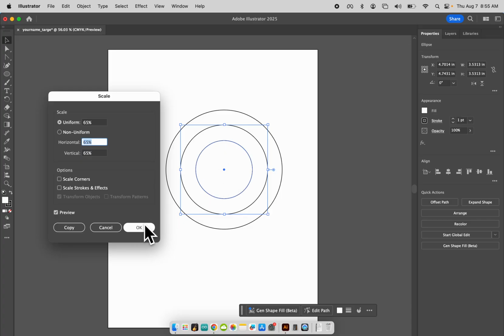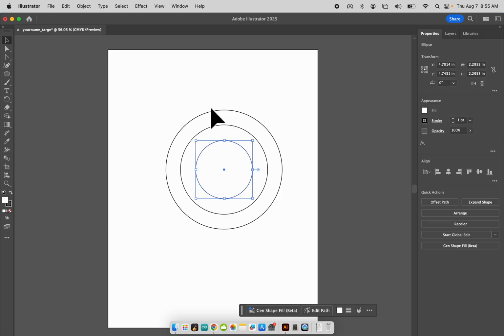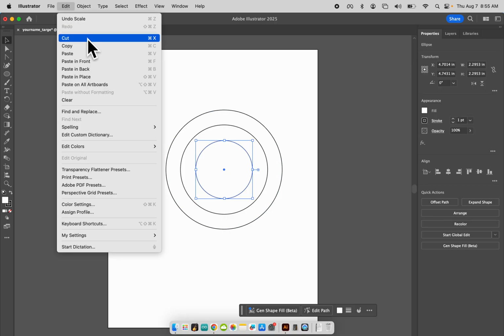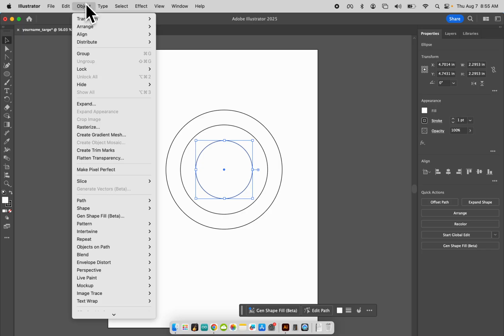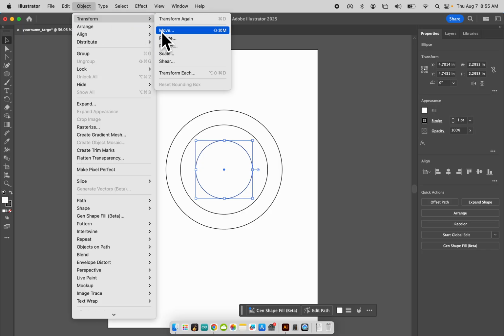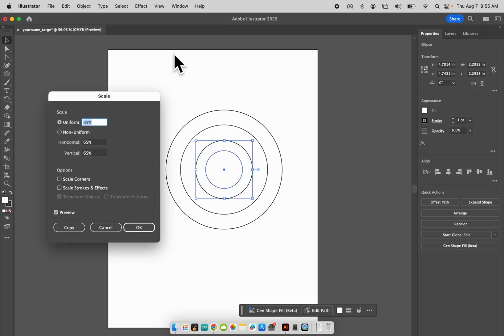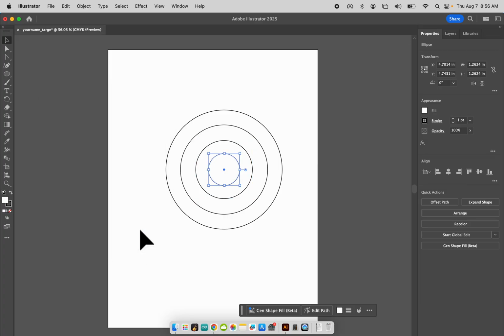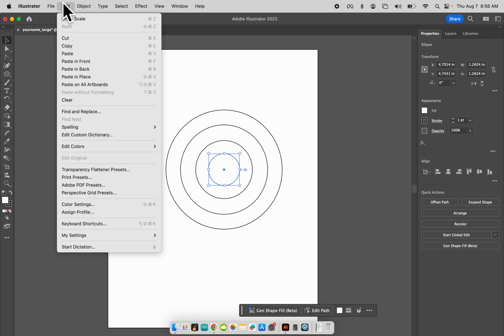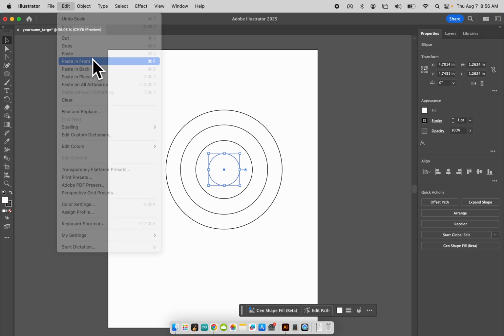Let me go ahead and do this one more time. I'm going to go up to Edit, Copy, Edit, Paste in Front. I'm going to go up to Object, Transform, Scale, and I'm going to choose another number here. Again, Tab will let me preview it. I can click OK. Now if I wanted, I could just go Edit, Paste in Front, because I already have